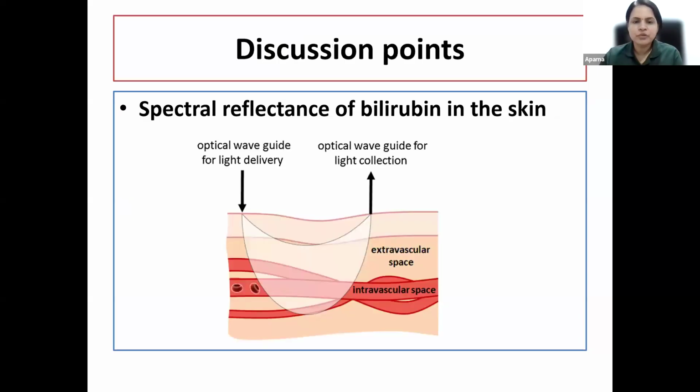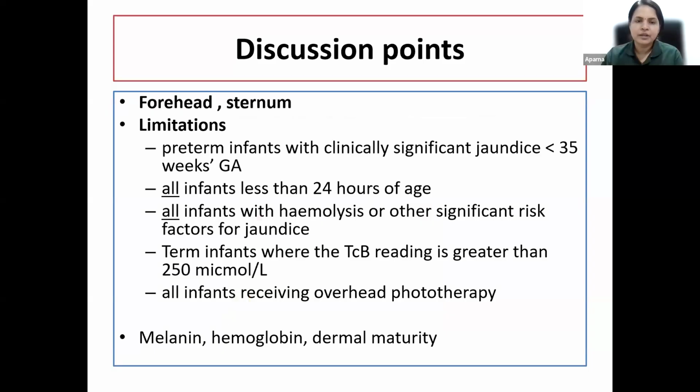And common limitations of TCB include that the role of TCB is still limited in preterm infants with clinically significant jaundice, especially infants less than 35 weeks. But now there is more and more data coming in that it can be used even in preterm infants. However, some of the other limitations still remain, such as infants less than 24 hours, where TCB is not reliable, infants with hemolytic jaundice or other significant risk factors for jaundice like ABO, Rh immunization, newborns who are having hemolysis due to other reasons,